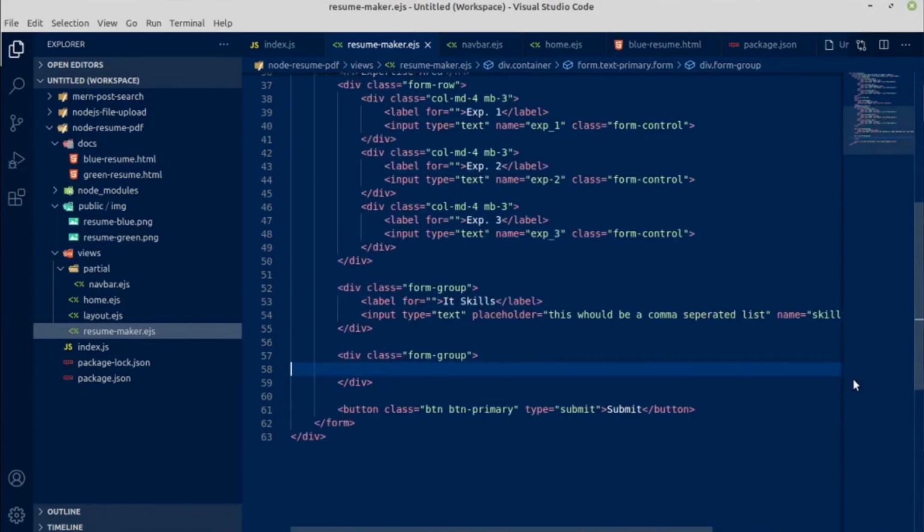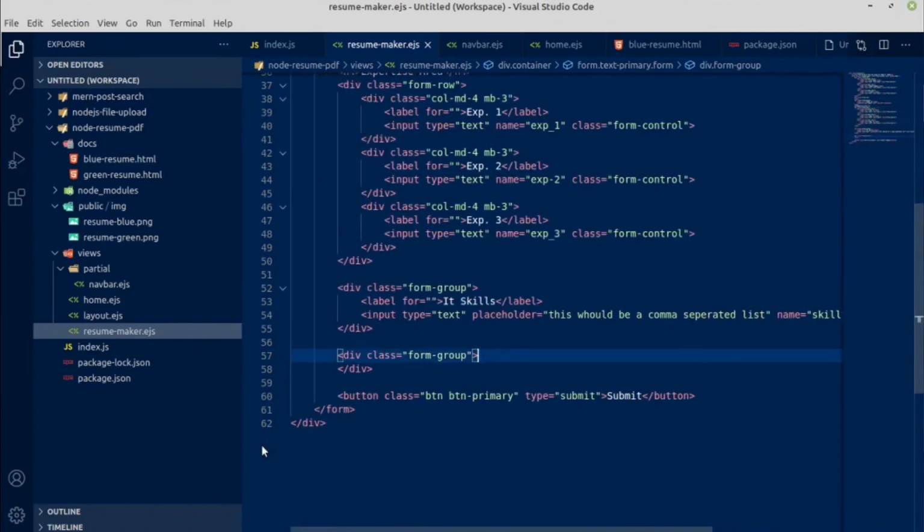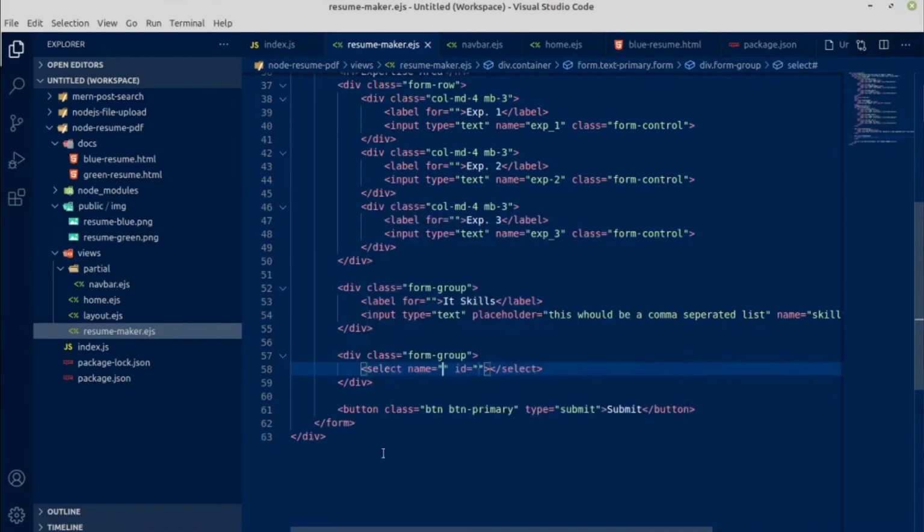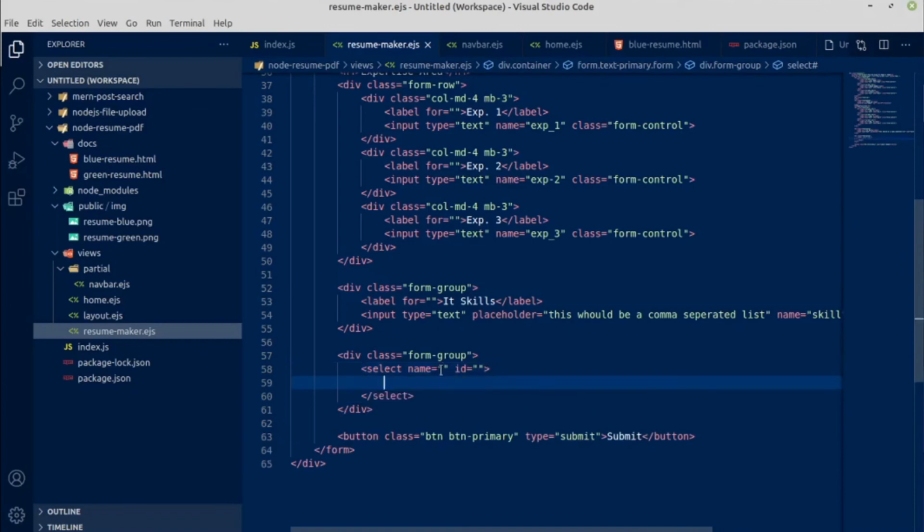In the place of label and input field, we'll have a select menu, and inside select menu, this is name of theme. There will be only one option, and of course this is hidden, so let me write hidden, so it is invisible.